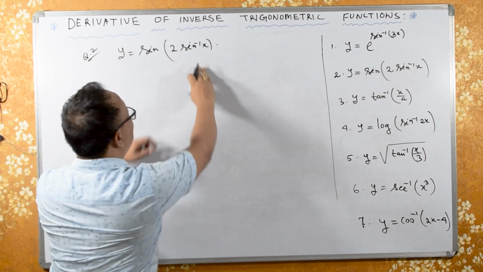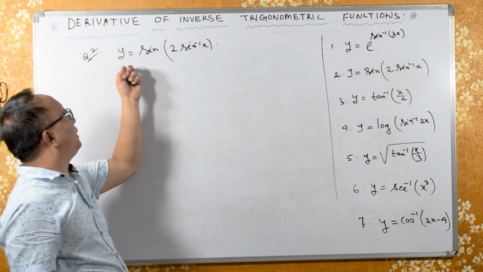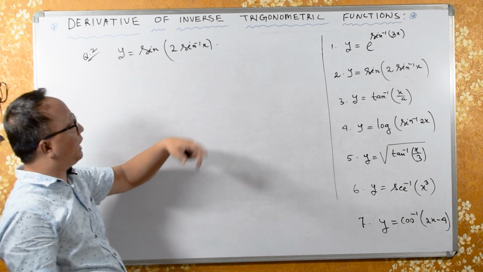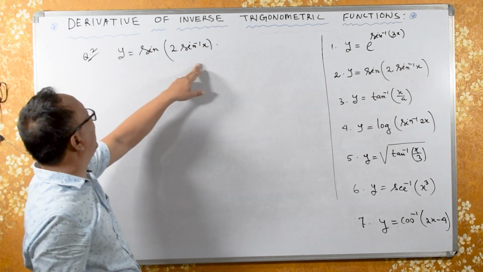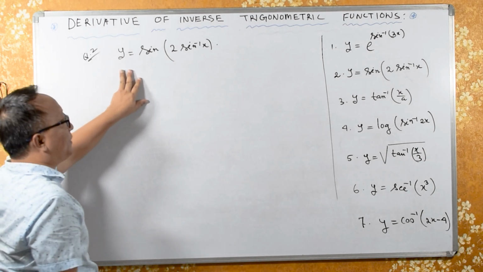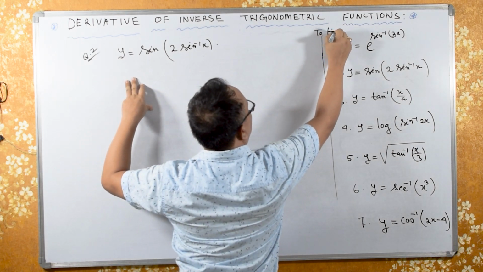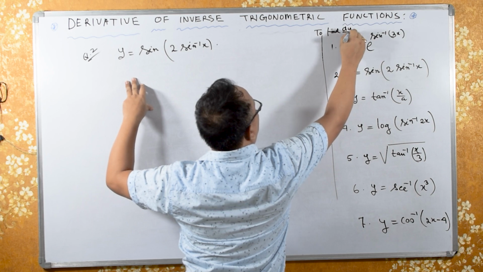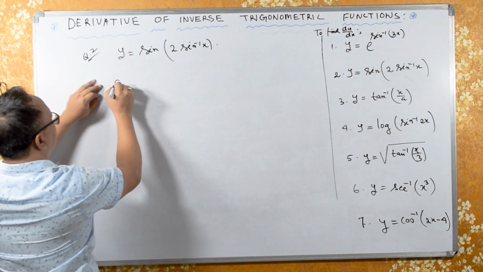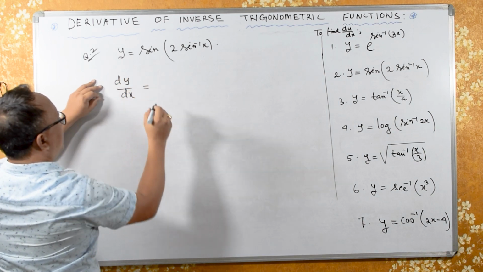Instead, we could substitute u, find dy by du, then find du by dx, and multiply to get dy by dx. So it's one and the same, and it's better to solve directly. So to find dy by dx, differentiating with respect to x, we have dy by dx equals differentiation of sine,